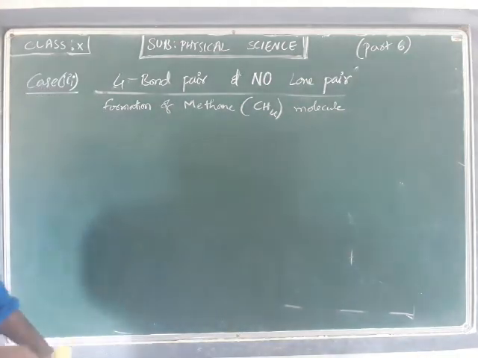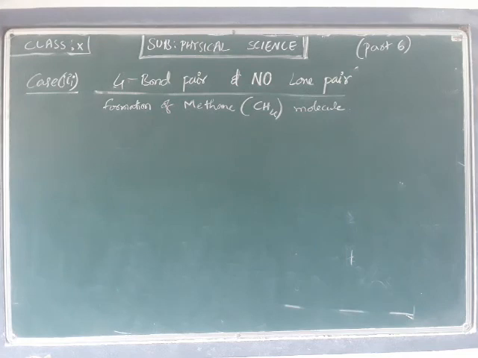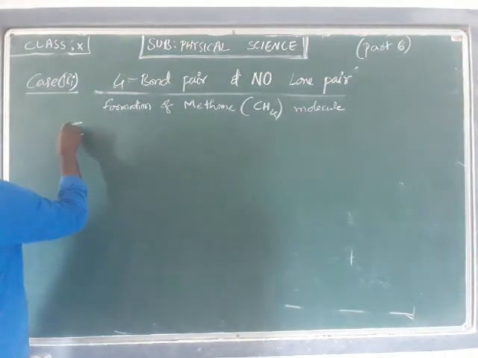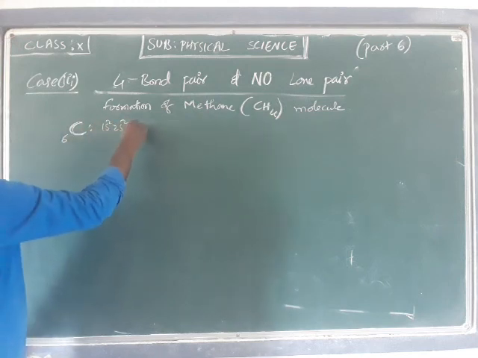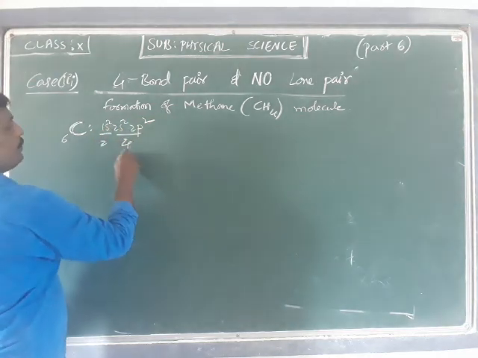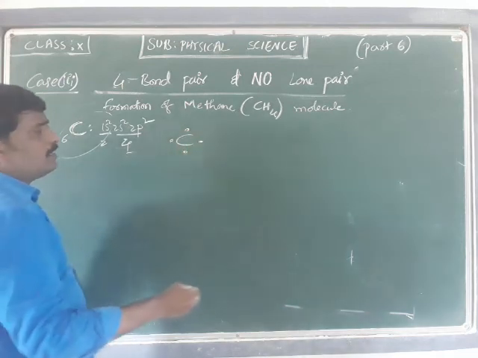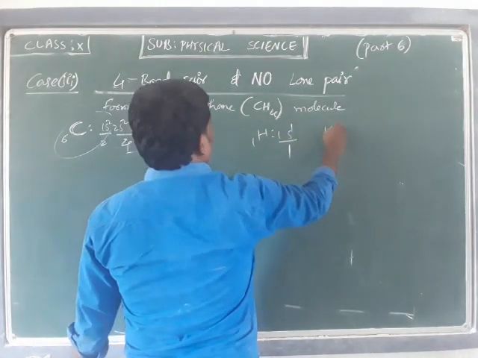Now, in the formation of methane, some very interesting things we are going to discuss. See here, carbon has atomic number 6, with configuration 1s2, 2s2, 2p2. So the first shell has 2 electrons, the second shell has 4 electrons. Carbon total has been taken as the kernel. Carbon has 4 electrons to the 4 corners, whereas hydrogen has 1s1, there is only 1 electron.